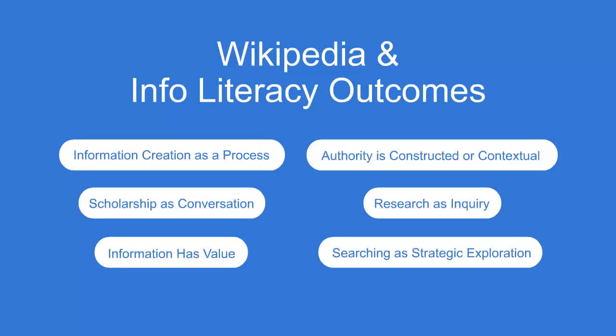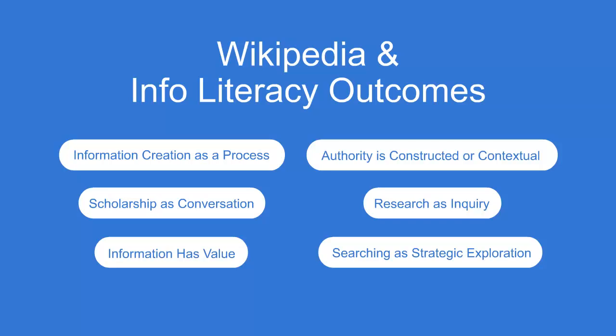Information literacy has been defined as a series of interrelated and overlapping threshold concepts. These concepts act as umbrellas for behaviors and practices employed by individuals. All of us, as we engage with information, exhibit the underpinnings of these information literacy concepts. Librarians call this the framework for information literacy, and it helps us understand how we and other learners encounter information. The major concepts are listed on this slide. While they can be explored in much more depth, here I discuss how Wikipedia and the information literacy framework relate.